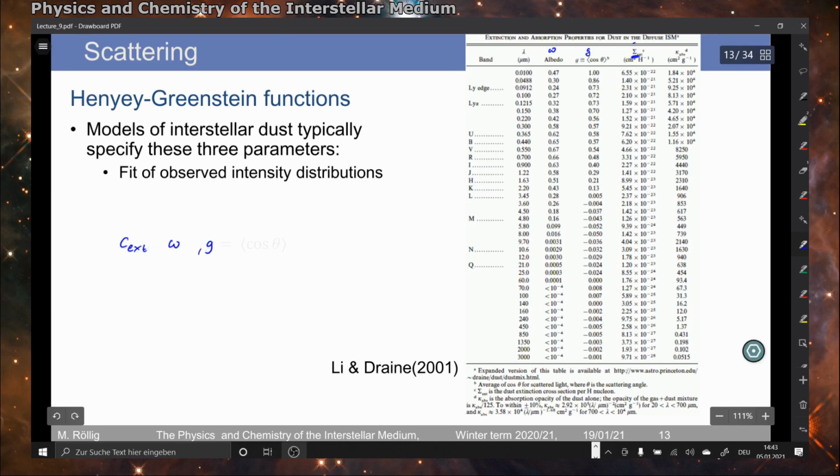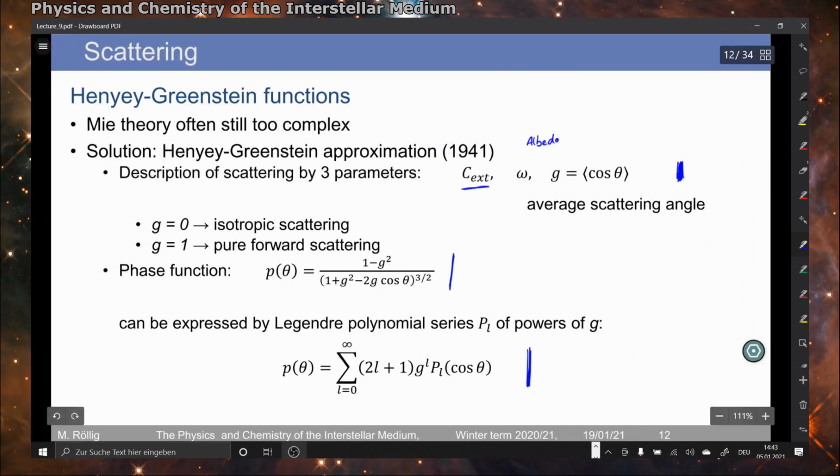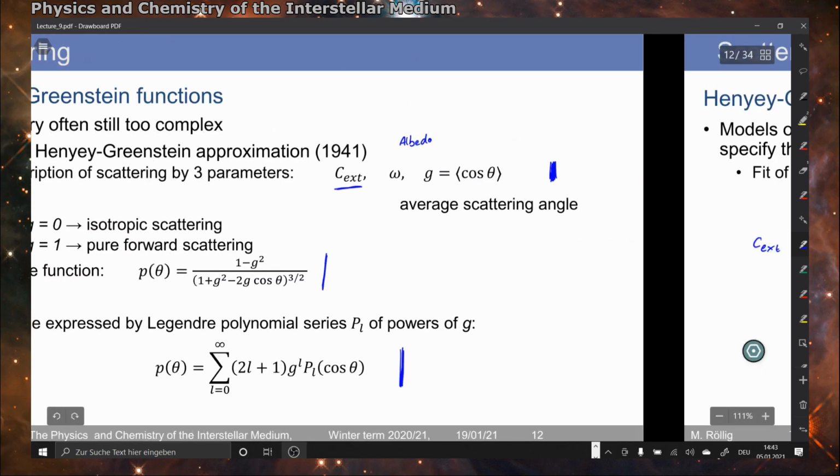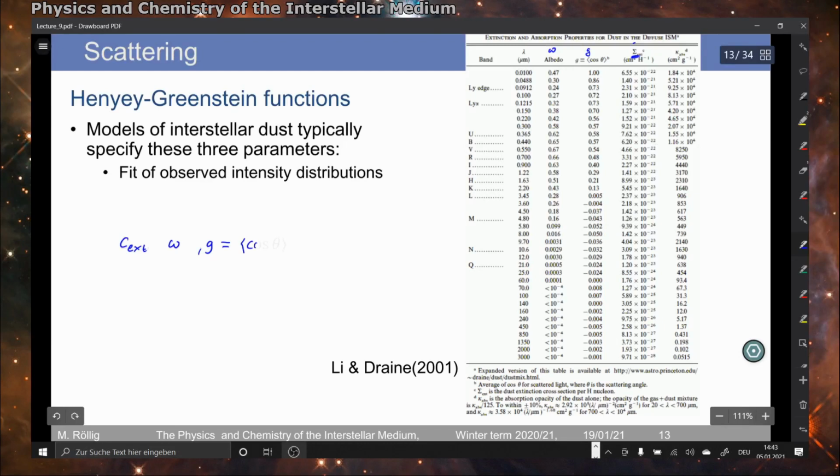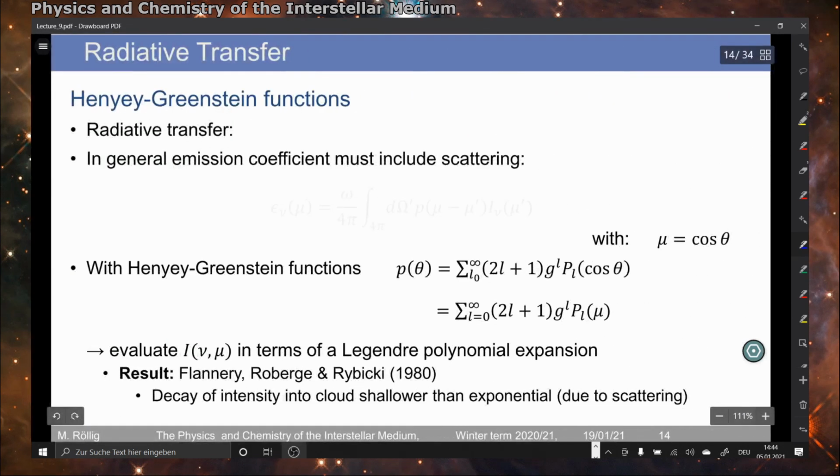So again, these 3 terms make it convenient because it's easy to implement, for example, this Legendre expansion in computer code, and then compute the phase function for the scattering. For the radiative transfer, this is frequently done, and the general case is that we need to consider the scattering within the general emission coefficient epsilon,